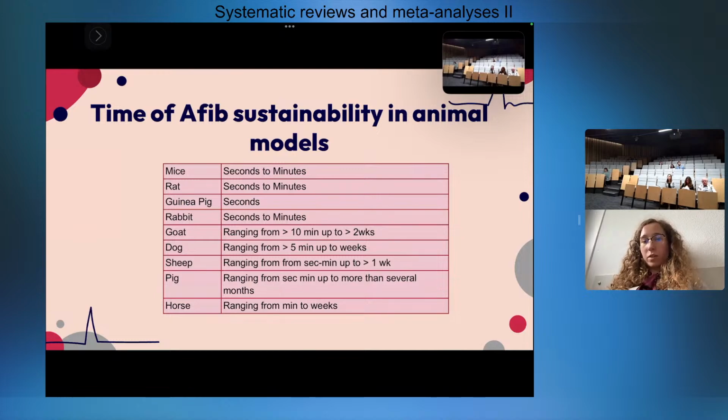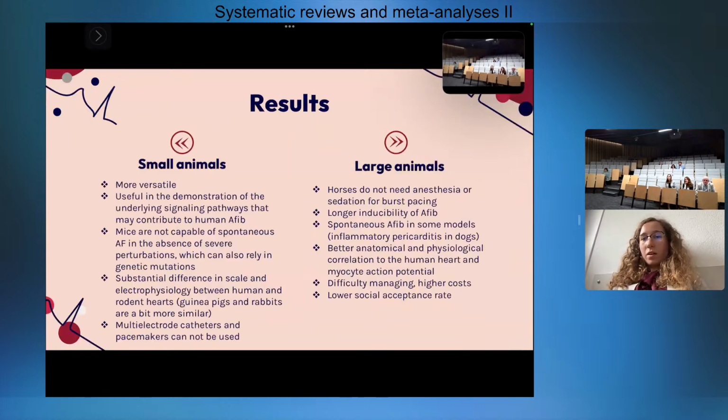Here is the table that shows the results of time sustainability in animal models, which can range from seconds to minutes in mice or rats to up to hours and weeks in horses. It can be shown that the weight and the dimensions of the animal are correlated with the time that atrial fibrillation can be sustained. The results are mostly a comparison between small and large animals, depending on versatility and